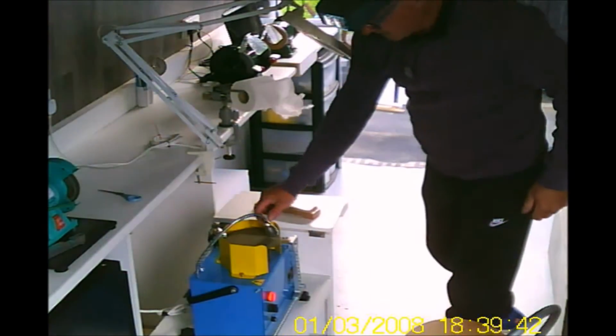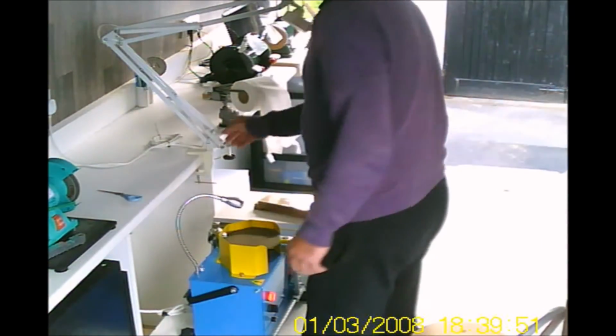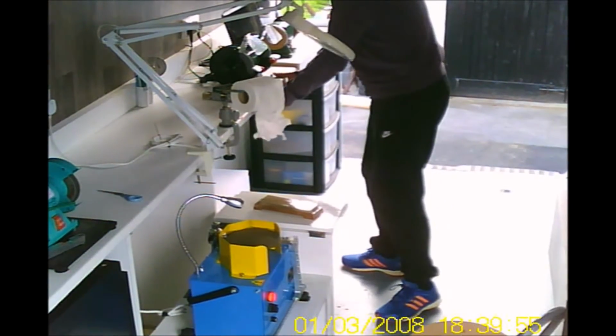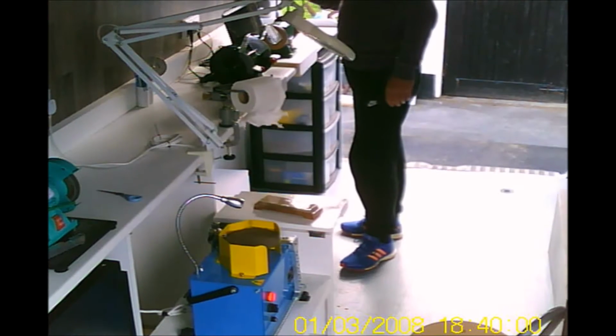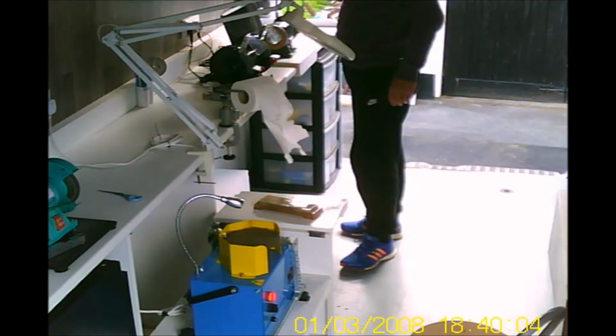And what we have here, give you a quick run over. We have everything strapped down and bolted down, so this is all fixed into position. Lights are on a clamp system as well. These are on sliders, but we can fix these from underneath. We have our leather honing polishing wheels here with a splash guard here,